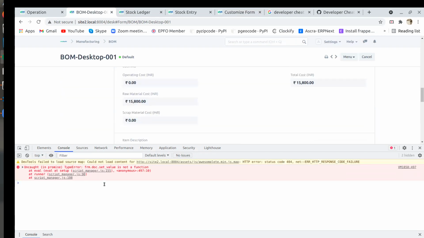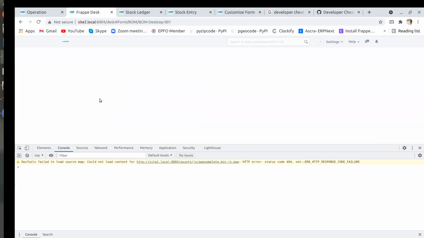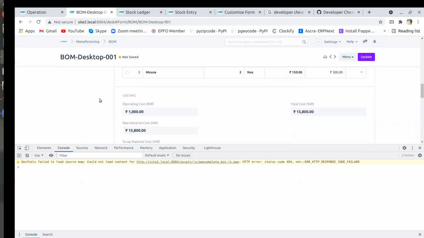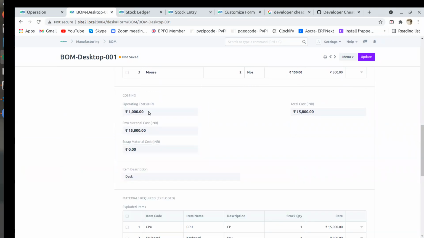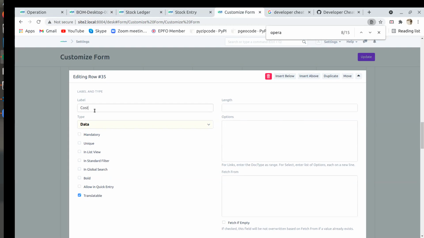Set value. Instead of that, we can create one custom field on top of that. Set above cost value.